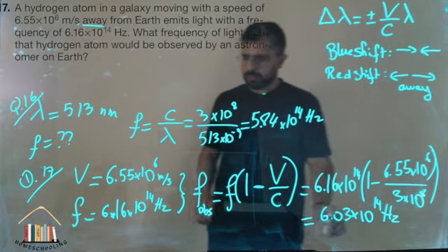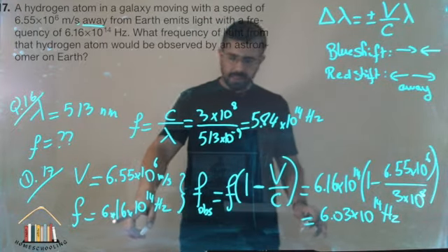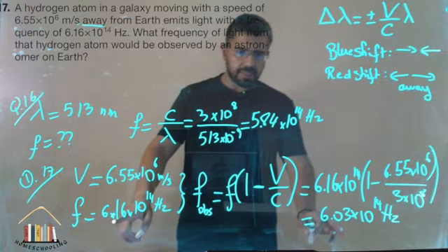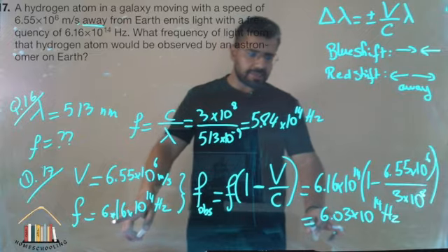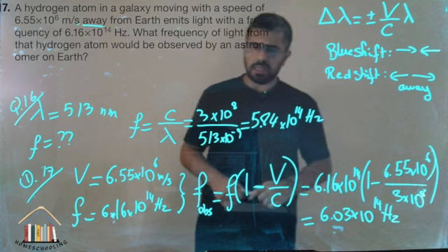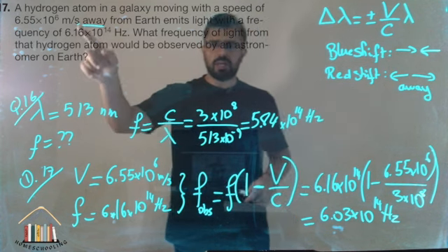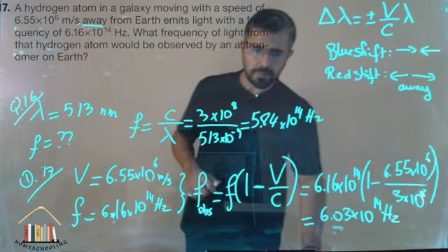What did you notice about the difference in frequencies? It was 6.16, and now the frequency is less, 6.03. That's another proof that it's going away, because it's a redshift. We continue